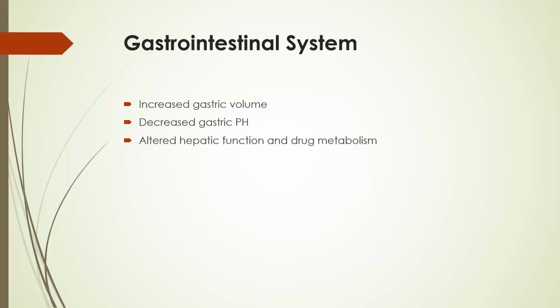Gastric volume and acidity are increased, hepatic function is altered, and drug metabolism is adversely affected by obesity. Many fasting morbidly obese patients who present for any elective surgery have gastric volumes of more than 25 ml and pH of less than 2.5. Delayed gastric emptying occurs because of increased abdominal mass that causes antral distension, gastrin release, and decreasing pH with parietal